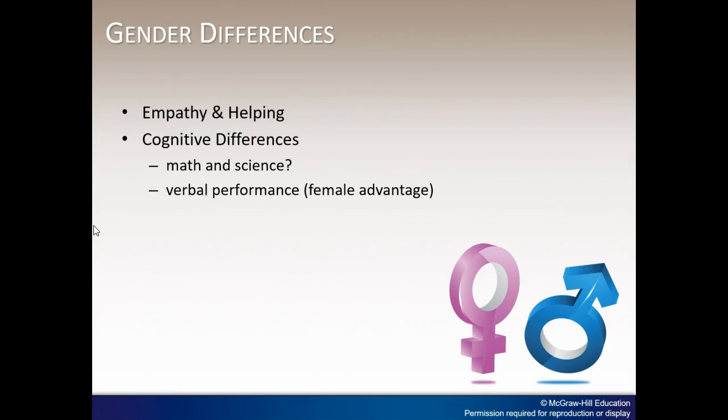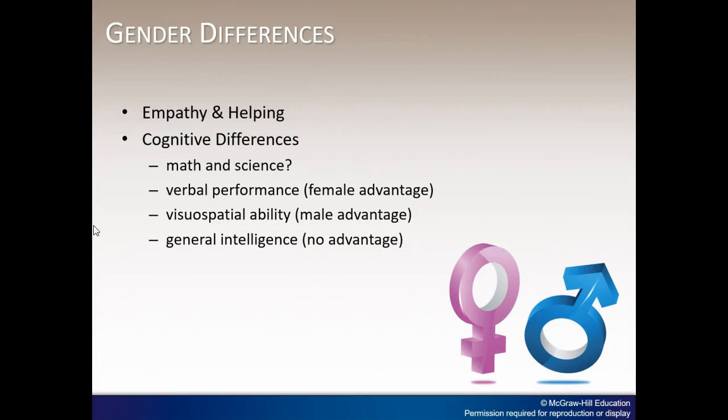Specifically, women tend to score higher on verbal ability tasks, whereas boys tend to outperform girls on tasks related to visual spatial ability. Biological, evolutionary, and social role theories all explain these differences. The gender similarity hypothesis states that men and women are much more similar than they are different.